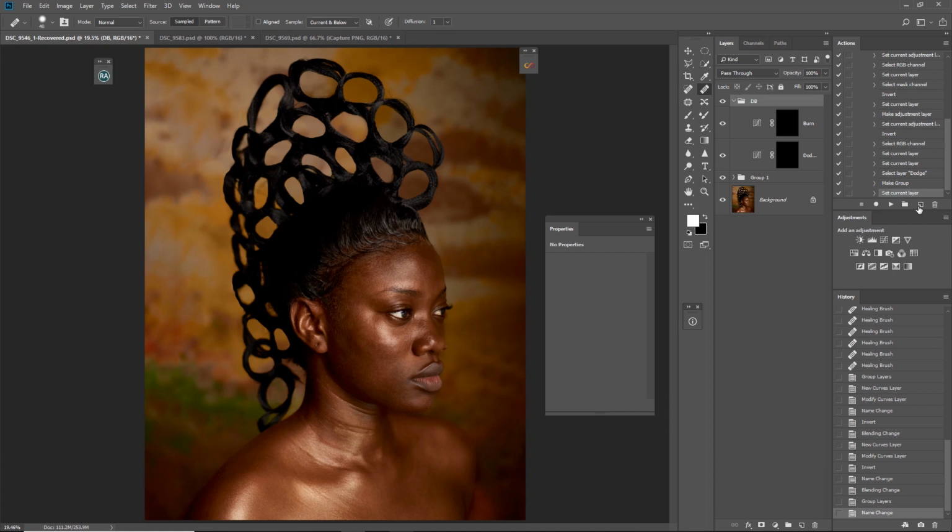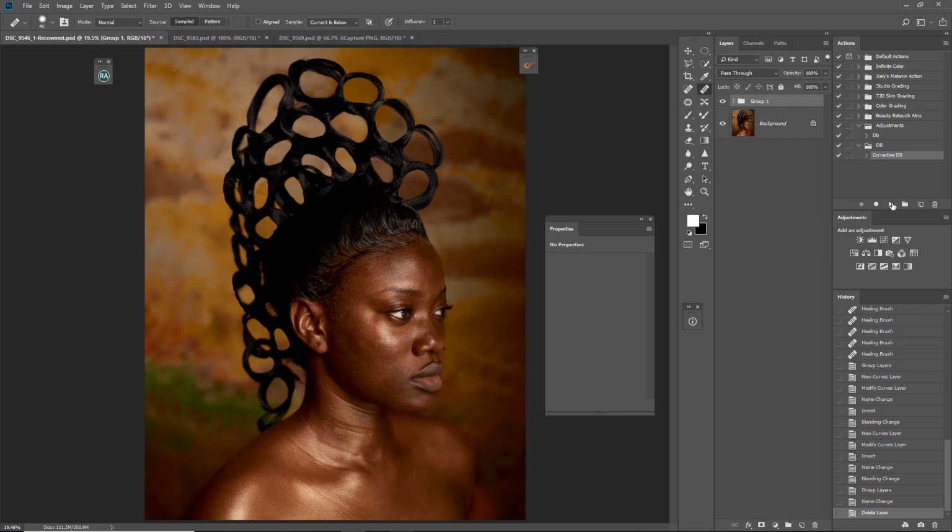So when you press this, automatically your action has been created. So if I just delete this and come here, click on my corrective dodge and burn and click play, it will automatically create my recorded action for me, like that. So we've created the corrective dodge and burn, but now I want to create a check layer